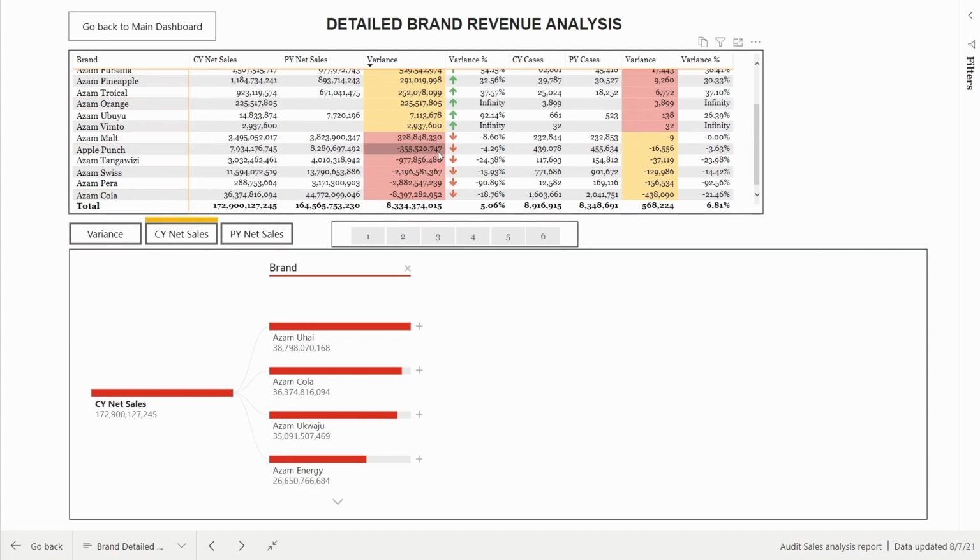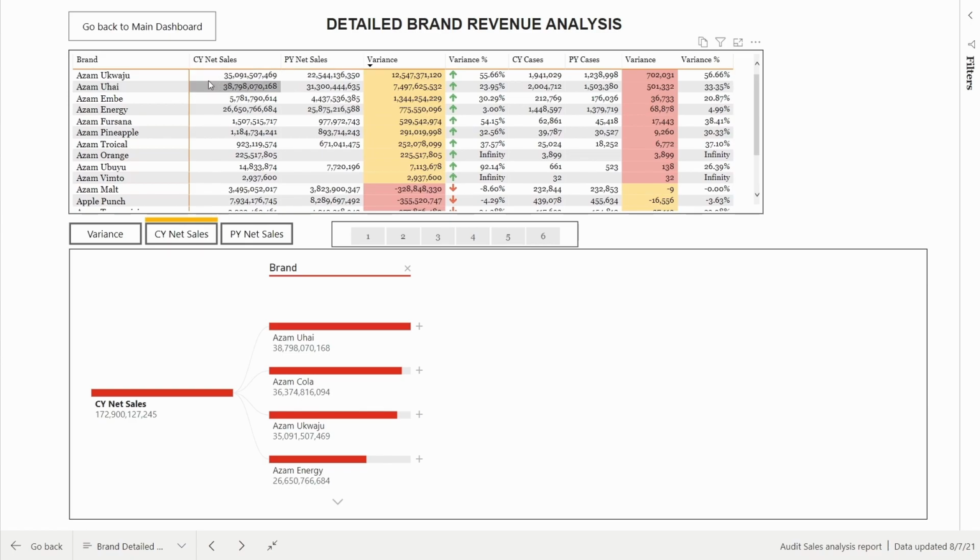Now, coming back to, let's analyze our numbers on individual products. Let's say Ukwaju. Current year we have around 35 billion, right? But one may want to know, okay, this 35 billion, where does it come from in terms of location, or in terms of customers? Which are the customers who have contributed largely to our 35 billion